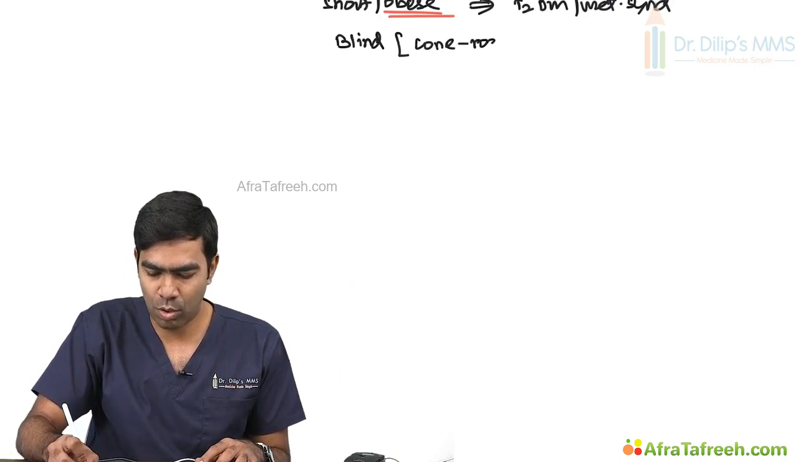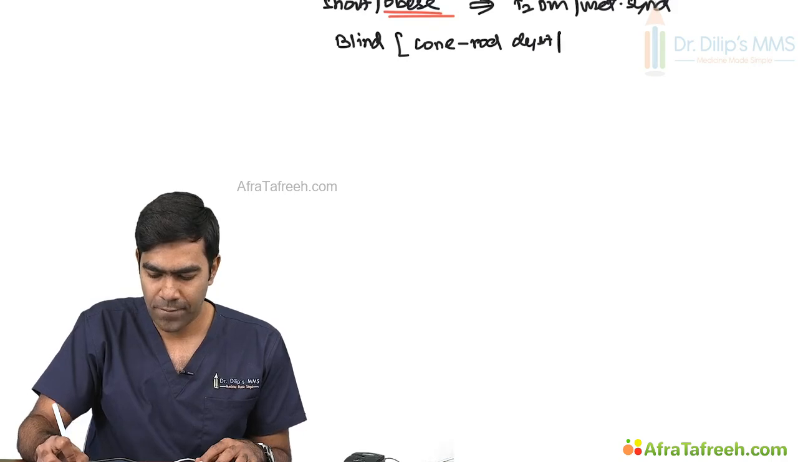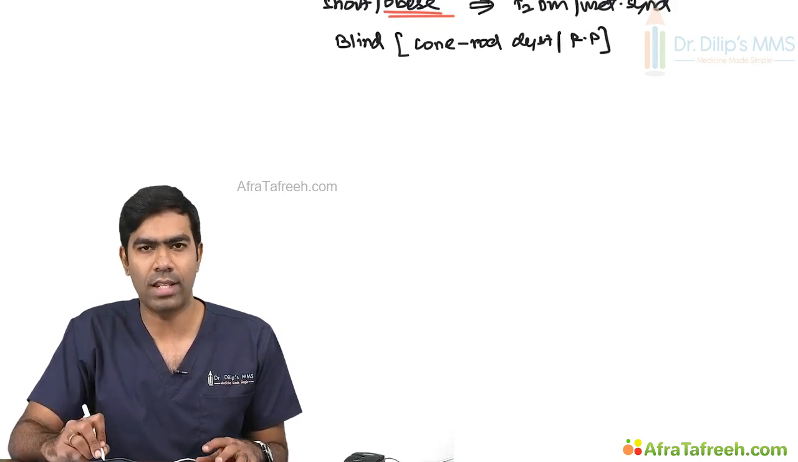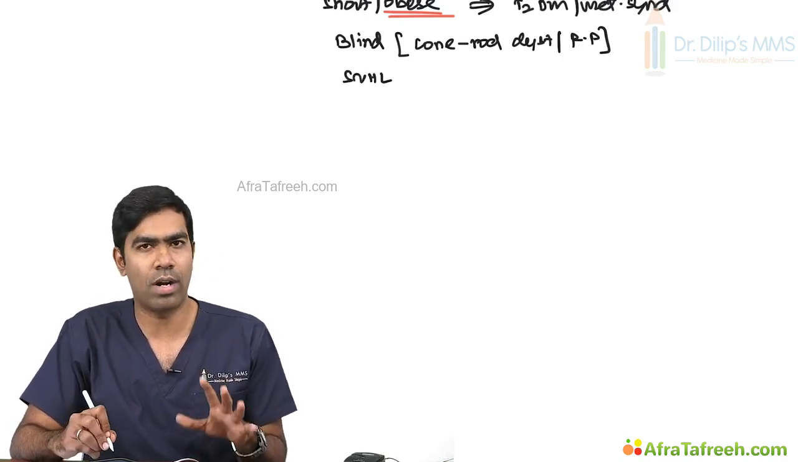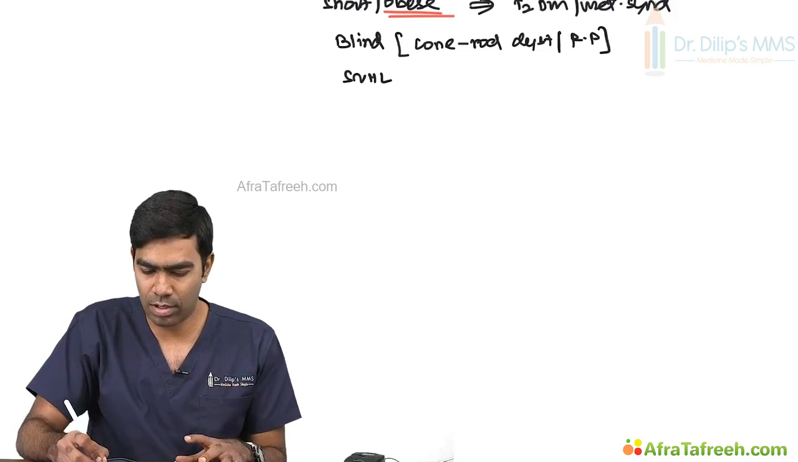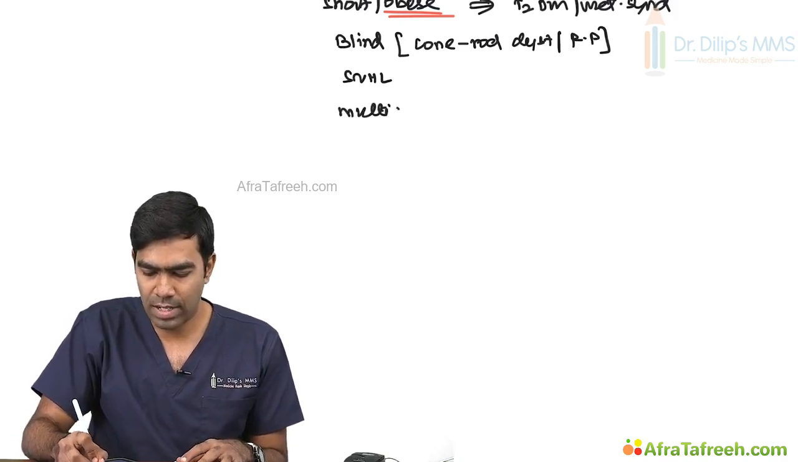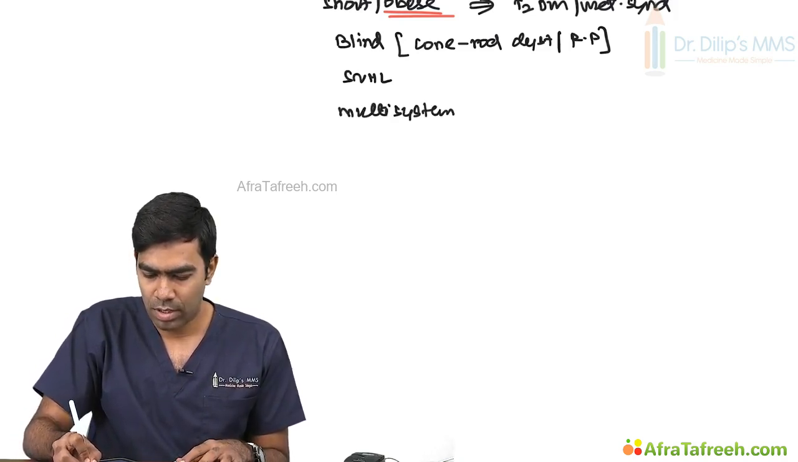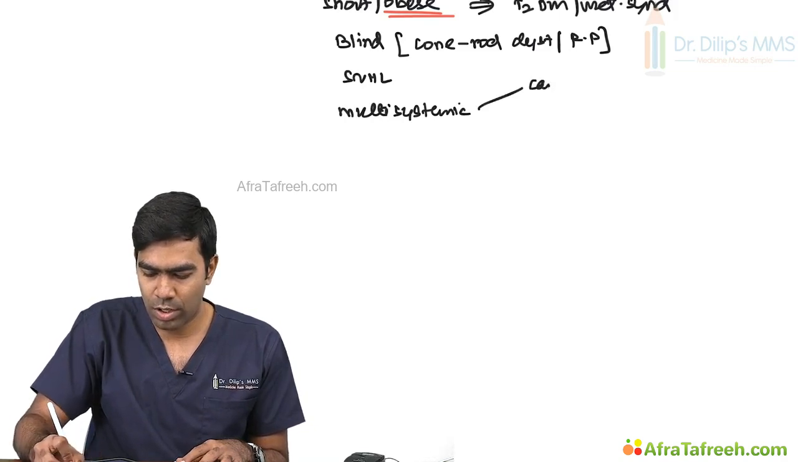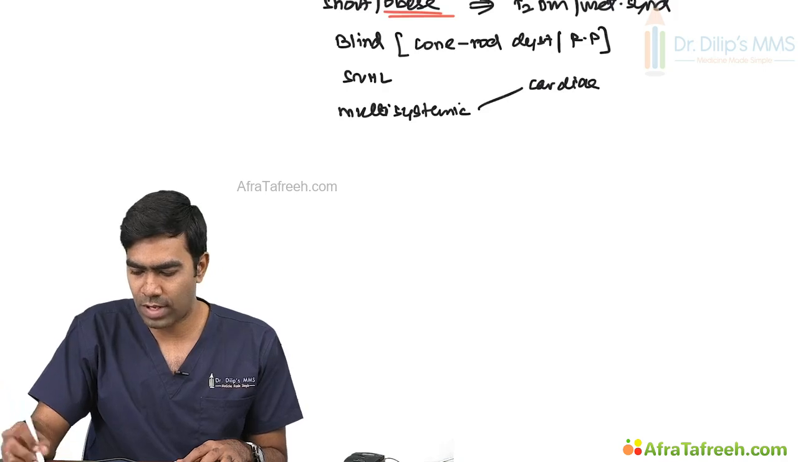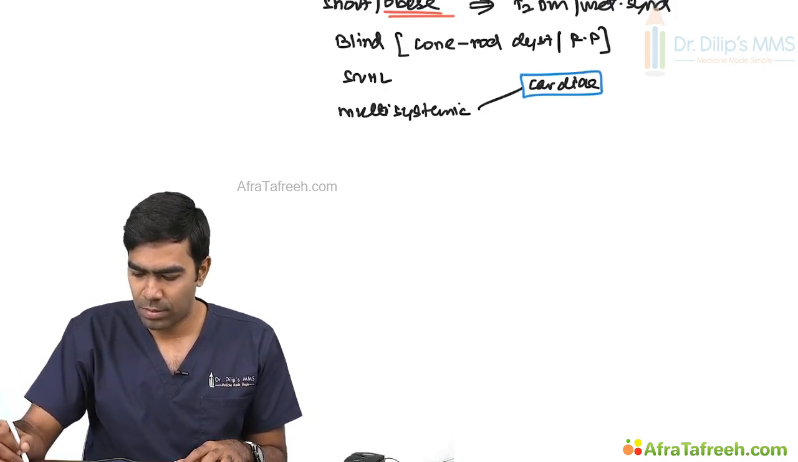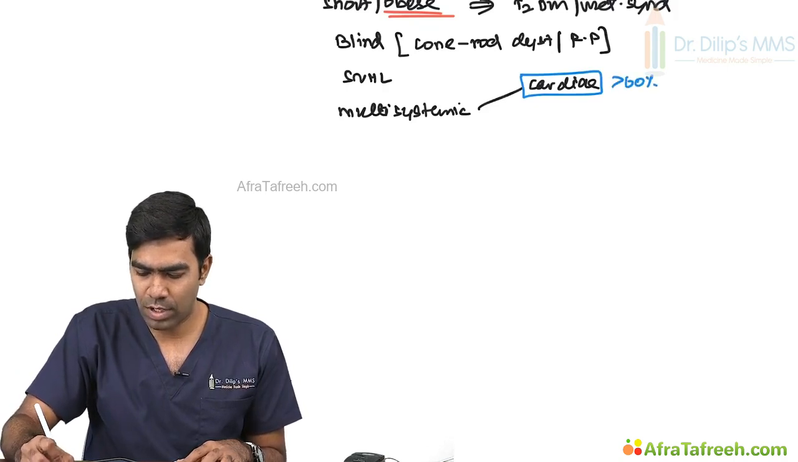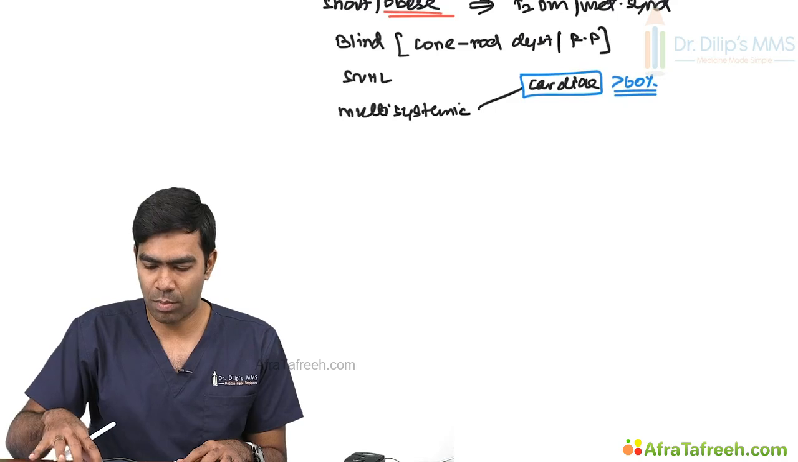Either it could be due to cone rod dystrophy or frank retinitis pigmentosa. Anything could be the reason for the blindness. And they might be having mild to moderate sensory neural type of hearing loss, and they'll be having multi-systemic involvement. And the most important is going to be the cardiac, one of the very common causes of death in these individuals. Cardiac in the sense, more than 60% of the individuals will have cardiac involvement in the form of dilated